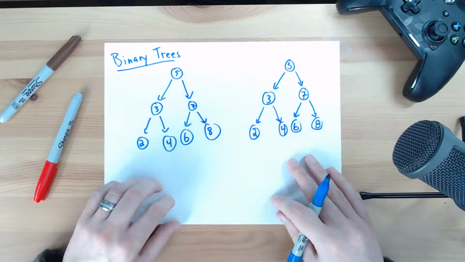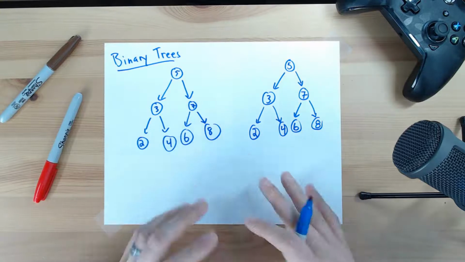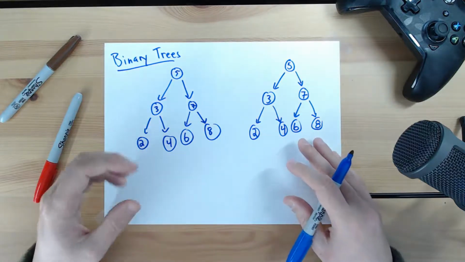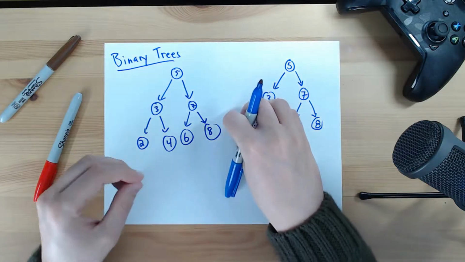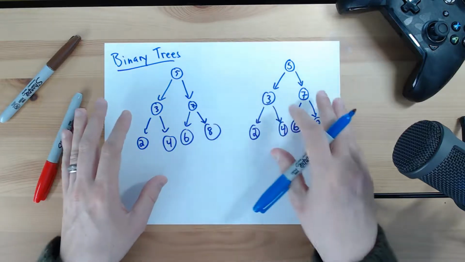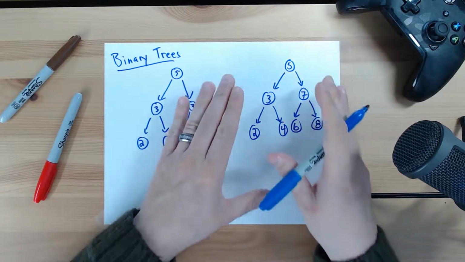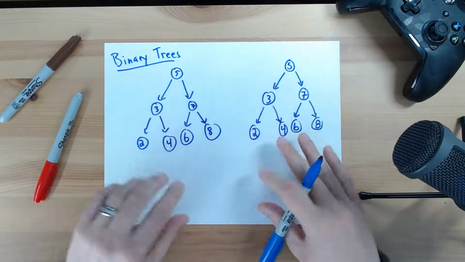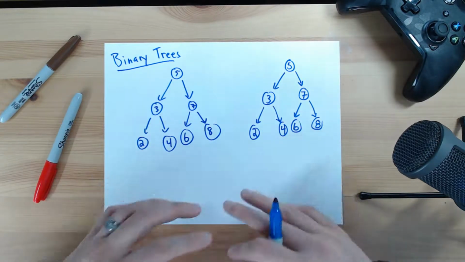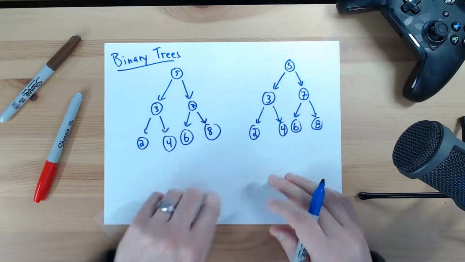For example, one of the things that we've talked about previously is binary search, which is a search over a collection of data where you are essentially picking a center element and then deciding whether the element you're searching for is on the left or the right side, if it is greater than or less than that center element. This binary tree data structure essentially does something very similar already for us, just in the nature of how it's storing the data. So if I wanted to search for the value 4